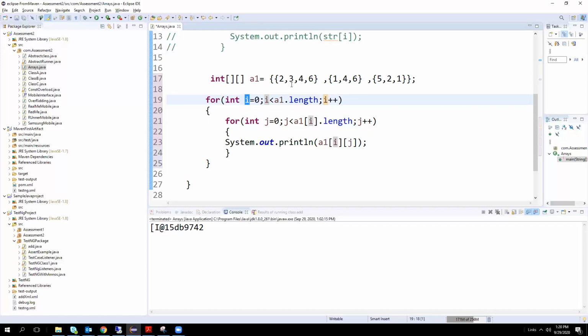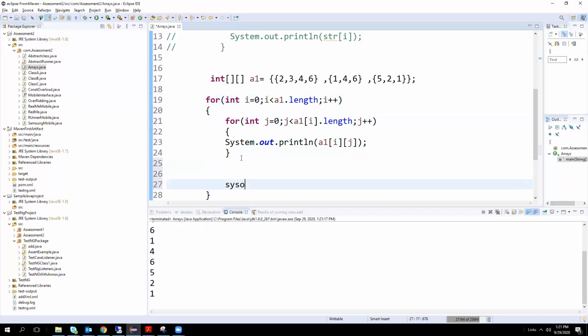But in this scenario, we can only print the first two arrays, right? The third array will not print because you gave only lesser than. A dot length is 3, so you can only print the first two arrays, right? Here, a of 1 i dot length means 0, 1, 2, so 3 will be here. Can you execute this? It will print completely. You are confusing it. You are comparing with the index and the length actually.